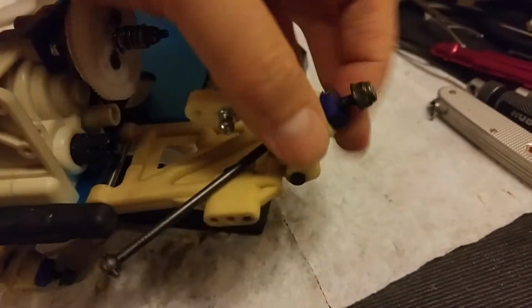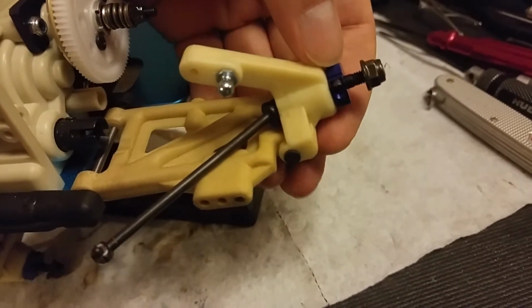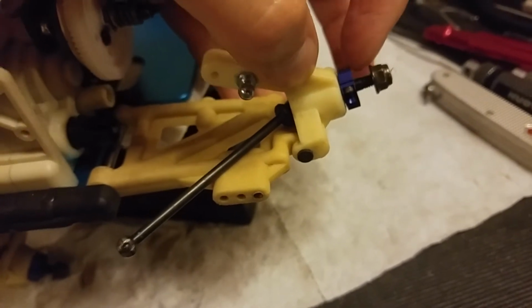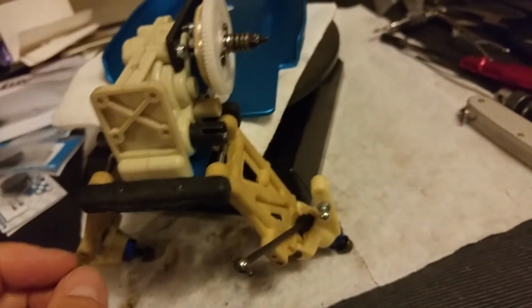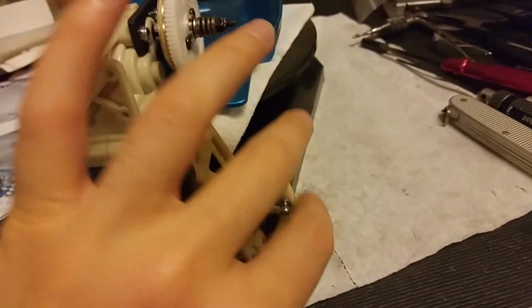For the wheel hexes, I went with RB5 wheel hexes. These are actually a little bit wider than the original Rampage Pro and Pro X wheel hexes, so you will have a little bit more rear width relative to using the original parts. I still have the original parts somewhere in that mess, so I could go back and use them if I wanted to,